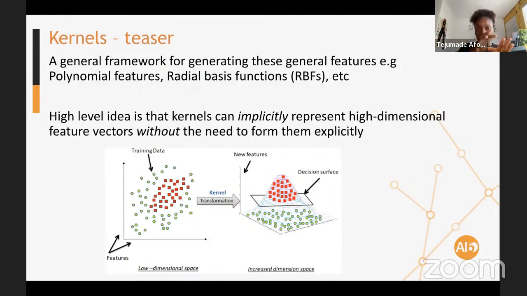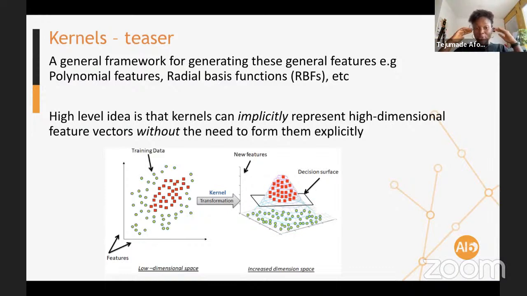The red class is in the middle, and the green class is surrounding this red class. So the only way you can do this is to think about it like this: can we move this problem from this 2-dimensional space to another space that allows you to use a linear classifier or a decision surface, like a hyperplane? In 3D it's no longer a line, it becomes a surface. This is why it looks like a surface.